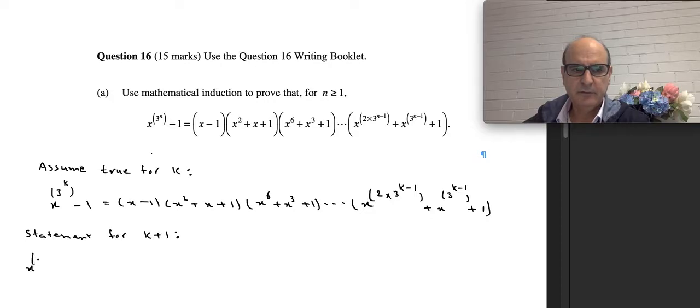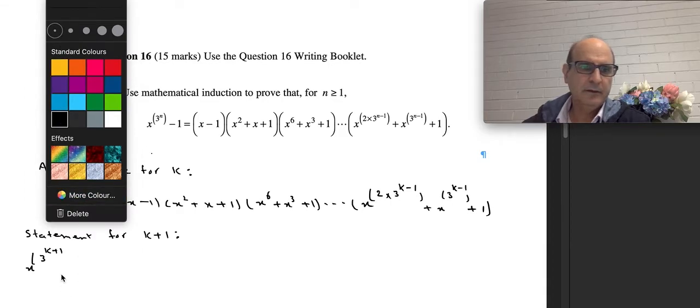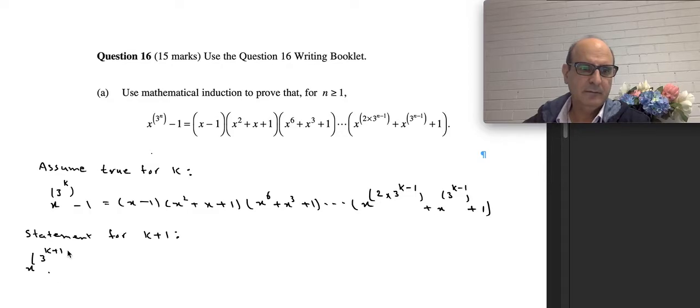So x to the 3 to the k plus 1, minus 1, is equal to x minus 1, all these expressions,